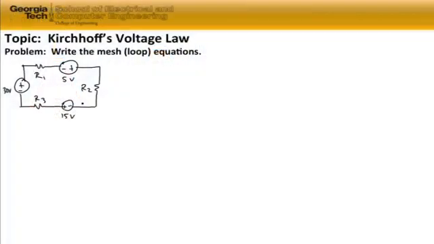The topic of this problem is Kirchhoff's voltage law. The problem is to write the mesh or loop equation associated with this single loop circuit. So in order to do that, the first thing we have to do is assign a current